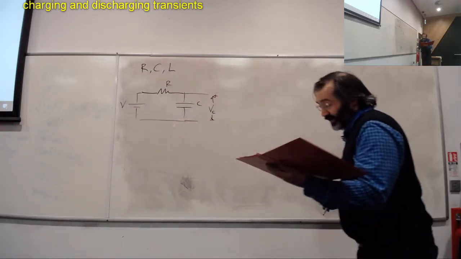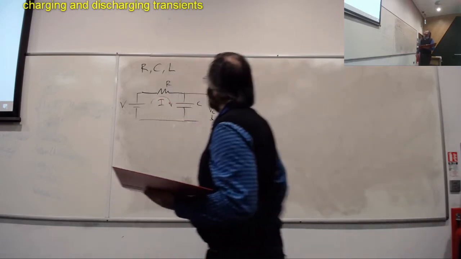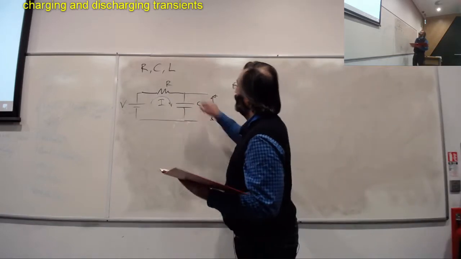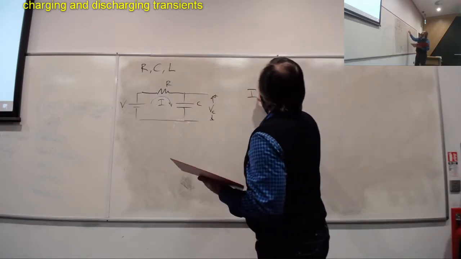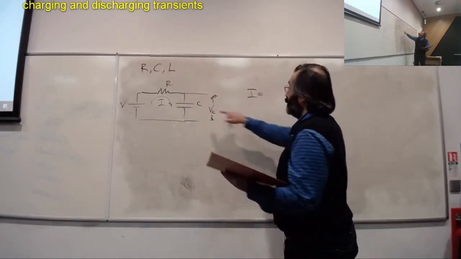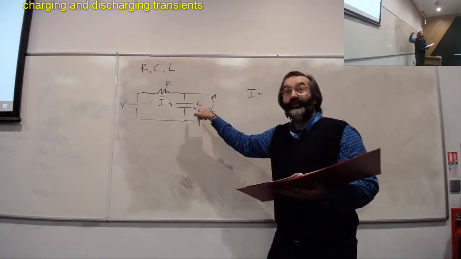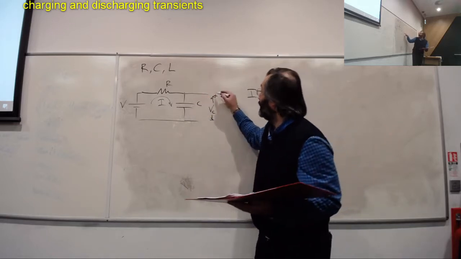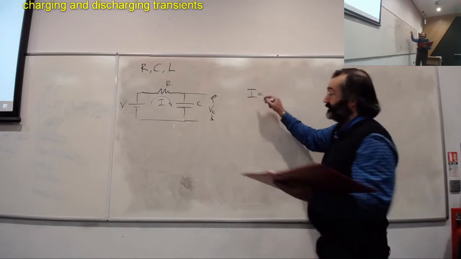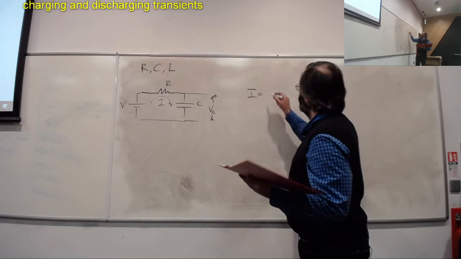So what I do is, if this is, let's say, the current I flowing into the circuit, I could write, using the fundamental equation for the capacitor, that I, this is VC, so you look that I goes in the right direction according to the definition we've made previously. I'm taking VC as plus here, minus there, okay? So I can write, using the fundamental equations, that I is equal to C